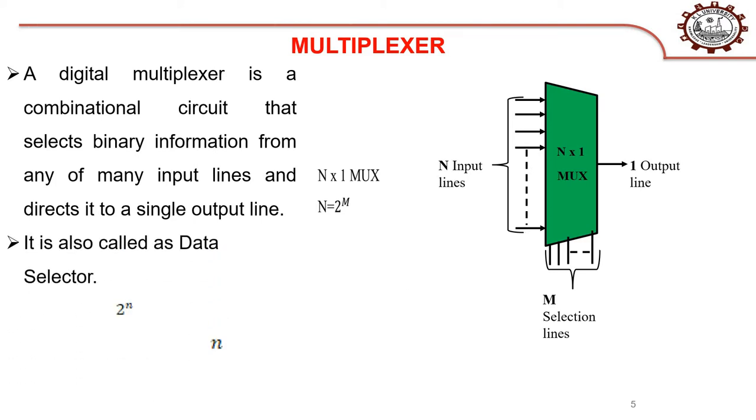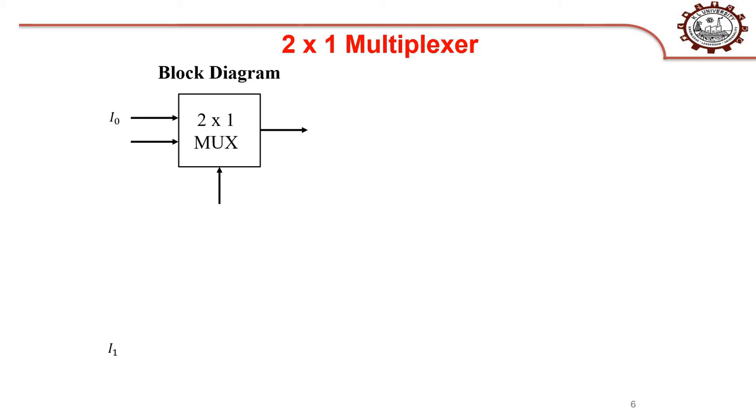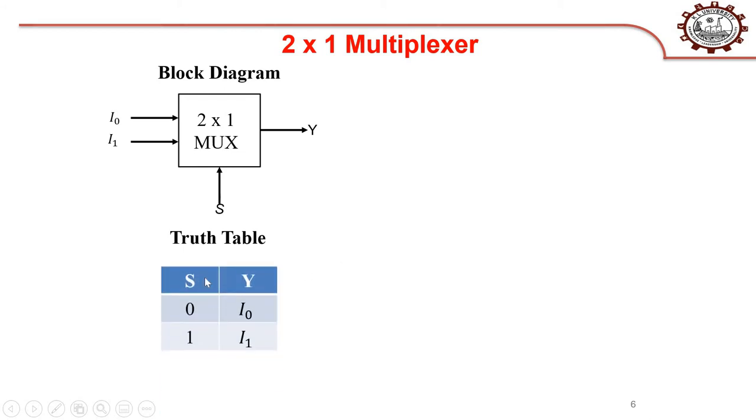This multiplexer we call a data selector. Whatever data is available at the input will be chosen at the output based on the selection. For example, if you look at the 2:1 multiplexer, the name itself indicates that it consists of 2 inputs, 1 selection line and 1 output. Just look at the table: if the selection line becomes 0, the first input, I0, will go to the output. If I make the selection line 1, then the second input I1 will go to the output. The expression for this is y equal to I0 S bar plus I1 S.